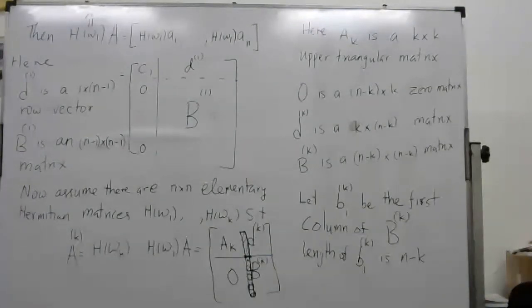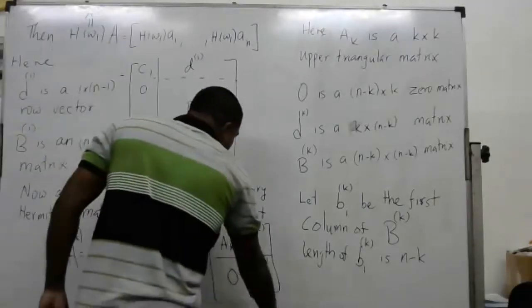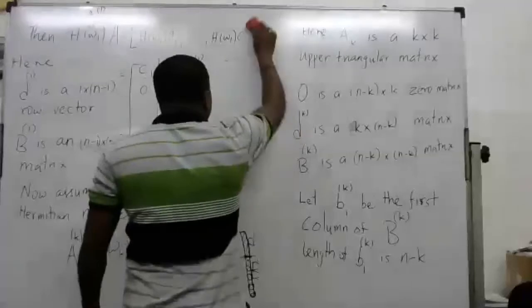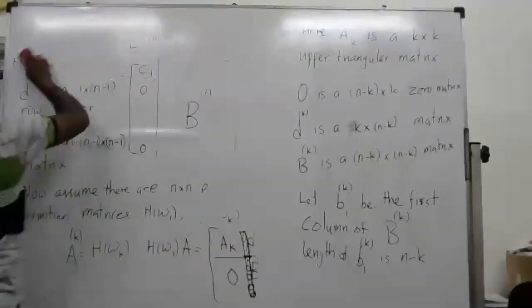So we have two problems. One is that this is the only vector we can use, right? But unfortunately, the Hermitian matrix we are going to get is smaller than what we want. So we have to fix both of them. First, we are going to use this vector to form a small elementary Hermitian matrix. And then we are going to see how we can enlarge, or expand, that to the size we want, which is n cross n.